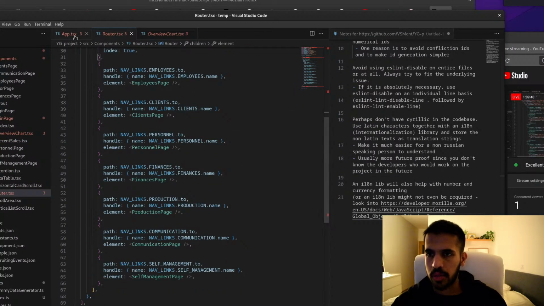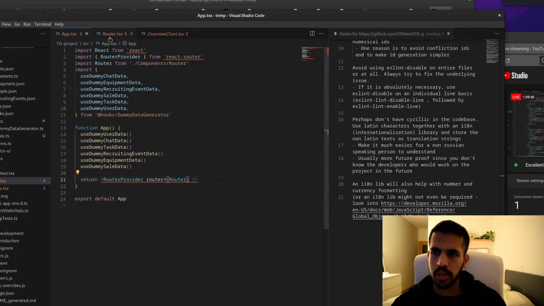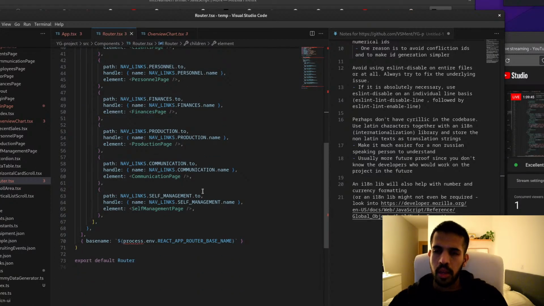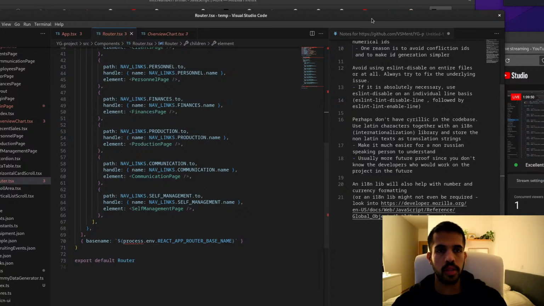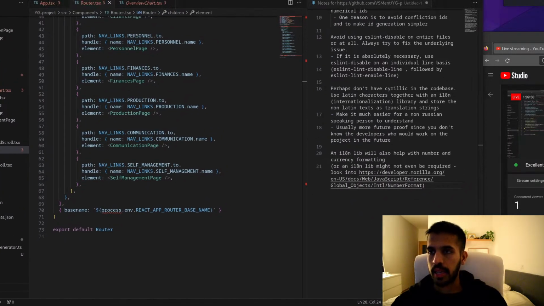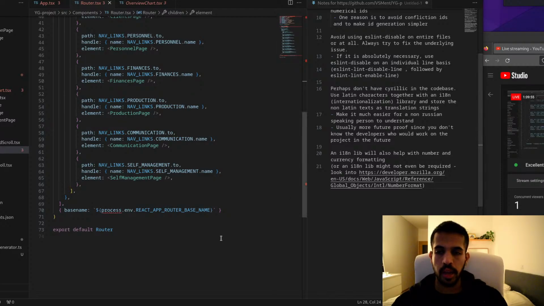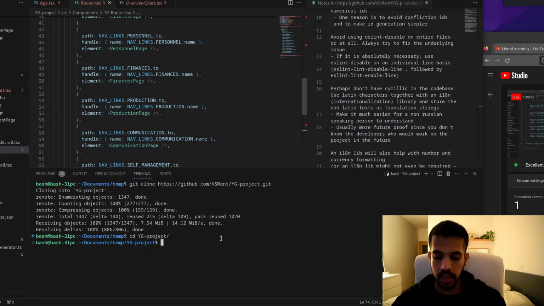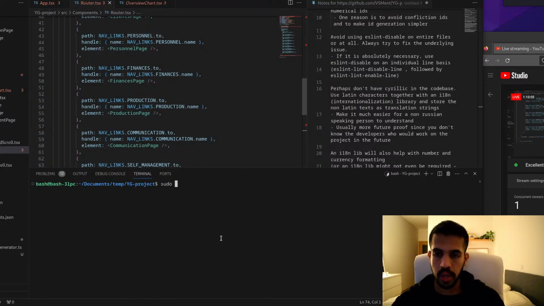I was looking at, where was I? I was looking at, you know what, I think the most useful thing I can do with this right now is actually to run it. It's going to be a bit tricky because I didn't set this up. I don't even think I have npm installed on this machine, so I will try to get this set up real quick. If I manage to, it will be fine.